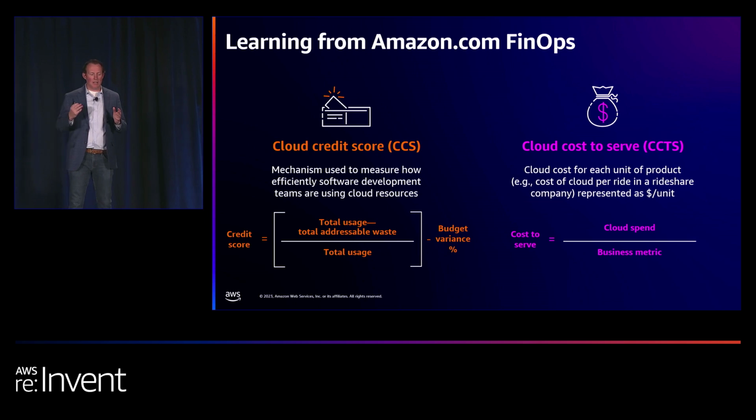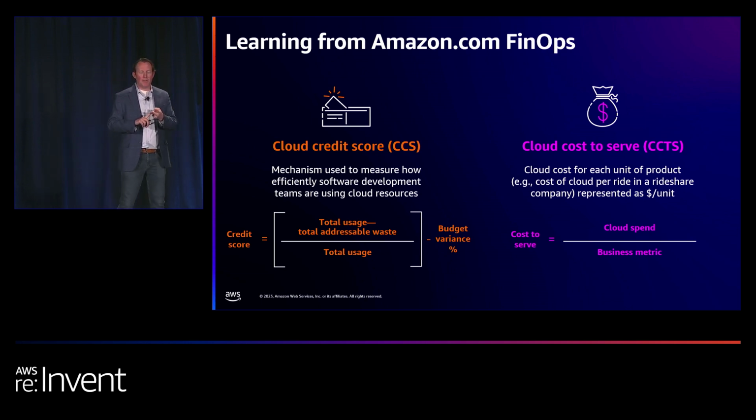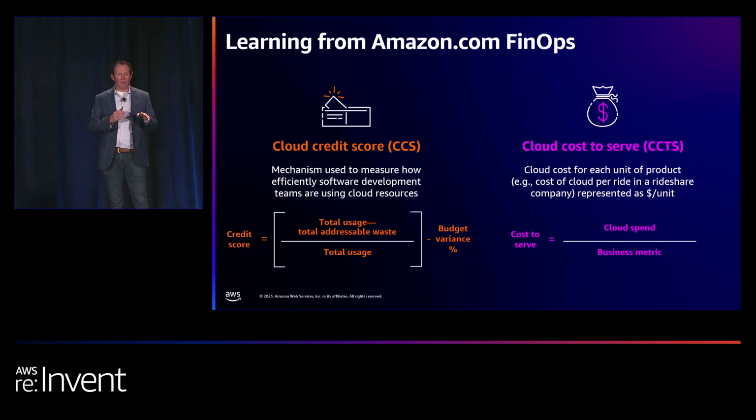But guess what? If they don't have high levels of accuracy on their forecast, because there's a capacity planning consideration, obviously, for AWS through this, but also, if they don't have the waste addressable and take action on it, their score is going to come down. So I love this idea. It's something I've leveraged in conversation. I know it may not be fully transferable to everyone in their organization, but thinking of some kind of a scale to assess who's doing well and how do we reward that behavior, versus who maybe needs some help and training, is a consideration.